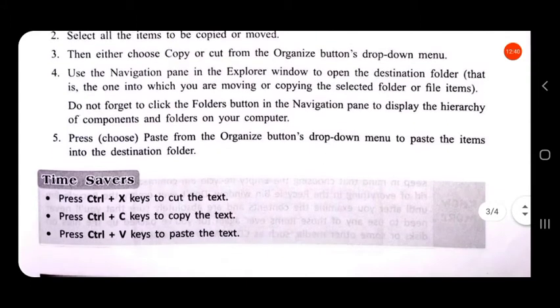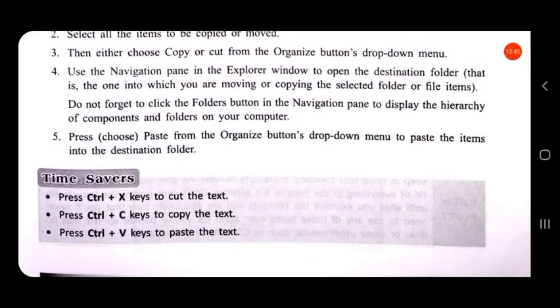Use the navigation pane in the Explorer window to open the destination folder. We know the navigation pane is on the left side of the Explorer window, where different folders are seen. From the navigation pane, you can open the particular folder to which you have to save the file.